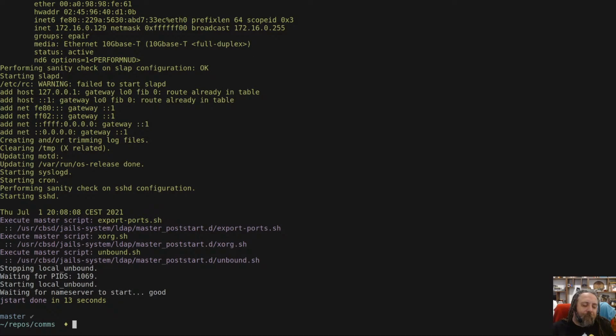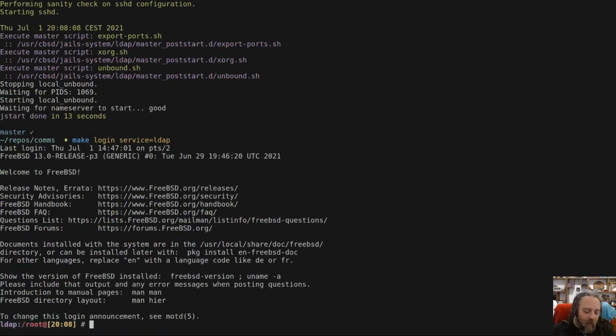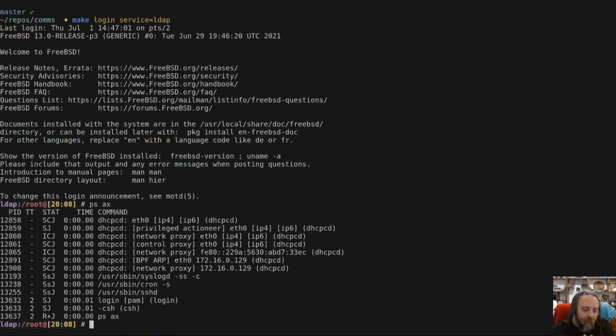So actually, they will do it later. What I mean is there is no LDAP running here,